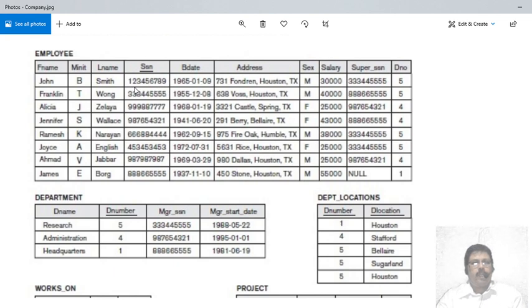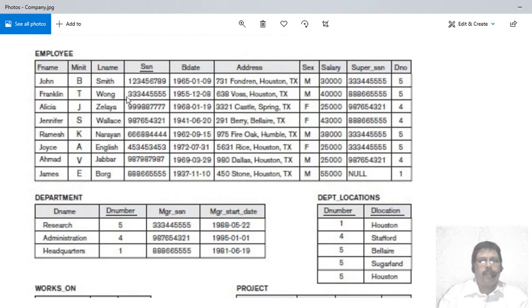So if you consider 1, 2, 3, 4, 5, 6, 7, 8, 9, that is an employee number, that is John Smith. Okay, he has a supervisor 333445555. This data we have not inserted into the table, so that is why I will give you this data also. You have to insert it into the table when you create the tables. How to insert and all the commands, I will give. That means for John Smith, Franklin Wang is a supervisor. Correct? So here you see, John Smith is an employee and Franklin Wang is an employer. That is the supervisor relationship.